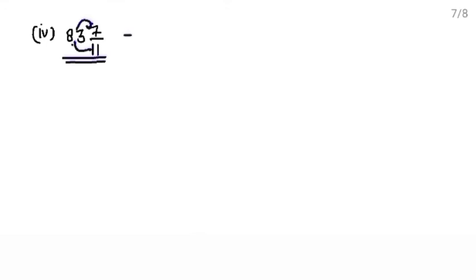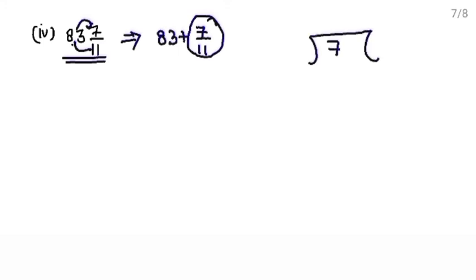But the short method is: 83 whole 7 upon 11 means 83 plus 7 upon 11. So we simply calculate this one. We will divide 7 by 11 and then we will simply put the integral part before the decimal. This is the whole number part, the integral part, we will put before the decimal, right? 11 1 11 is not possible. Put decimal